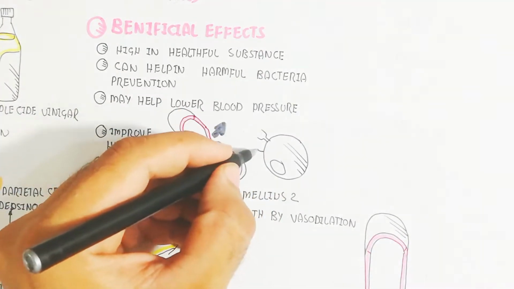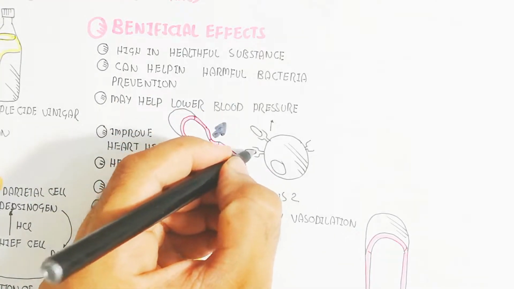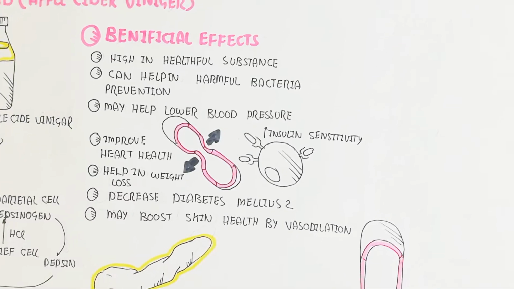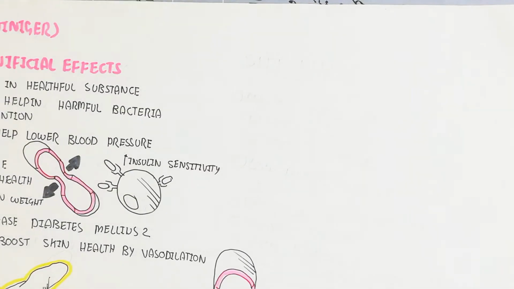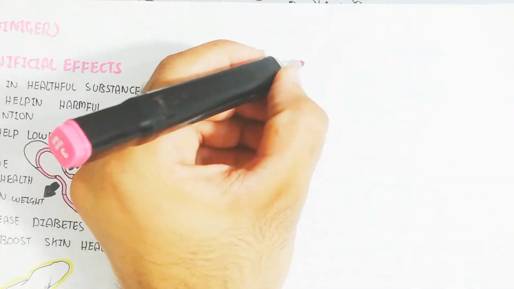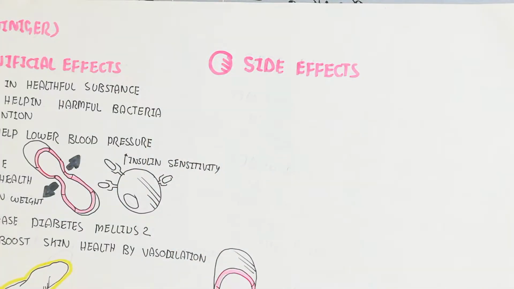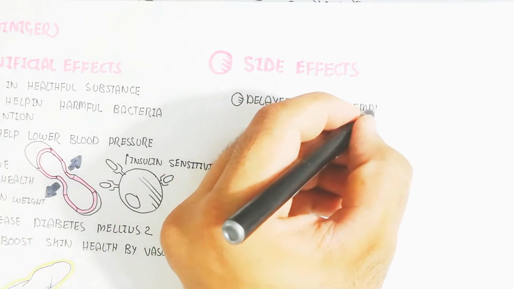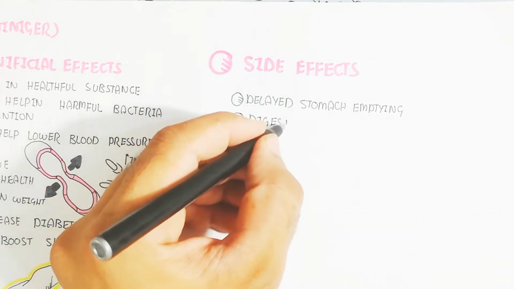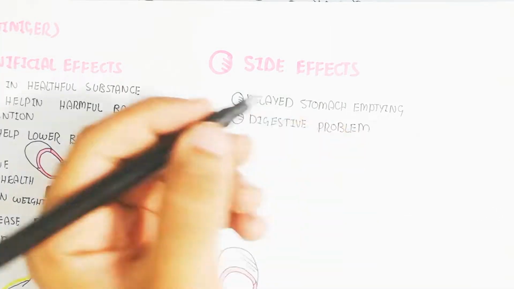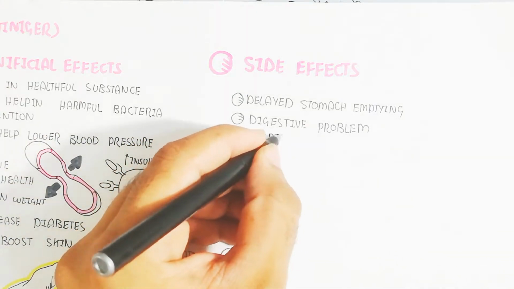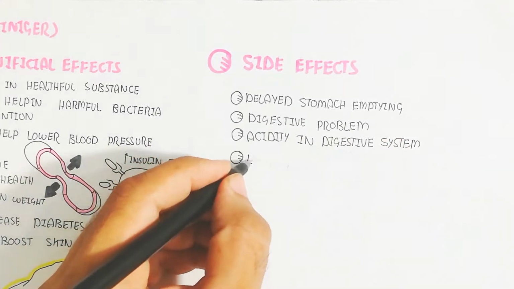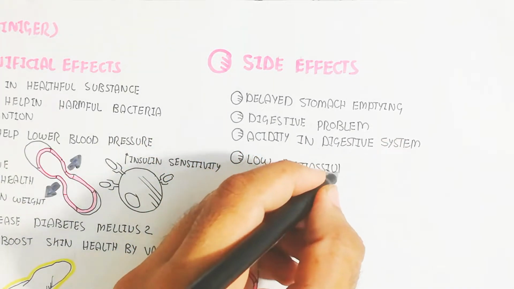It means the number of insulin receptors for receiving the insulin will be more. In this way, the amplification of insulin receiving will be increased, which will lead to more insulin binding with the cell and more influx of glucose. So that is why hyperglycemia will not be possible, because of the acetic acid, the apple cider vinegar benefit. While the side effect is delayed stomach emptying because of digestion,